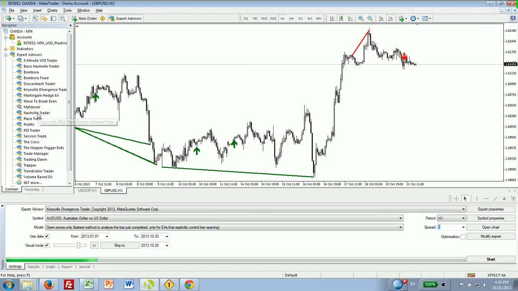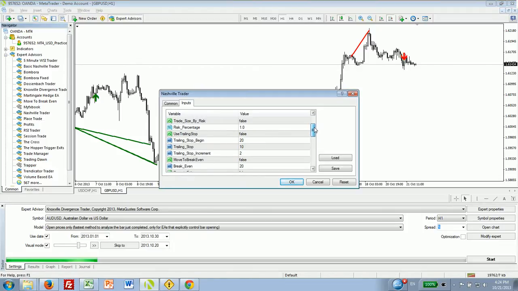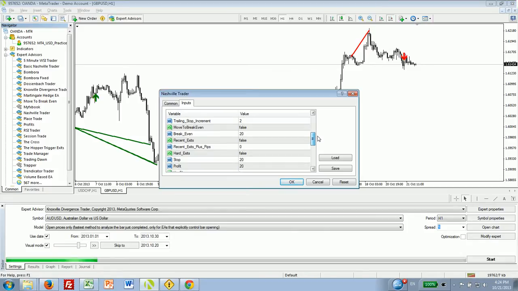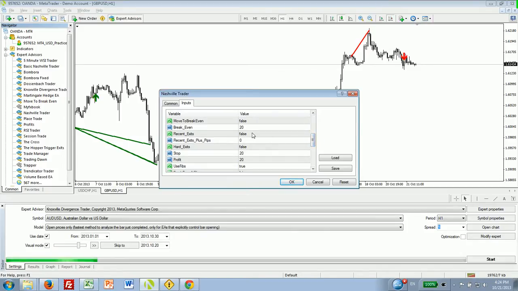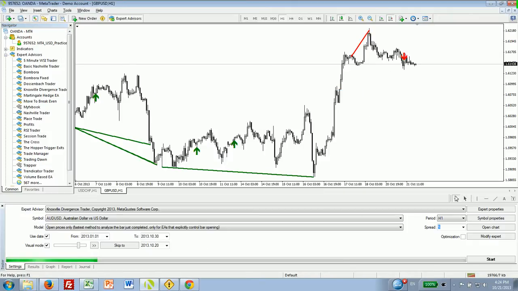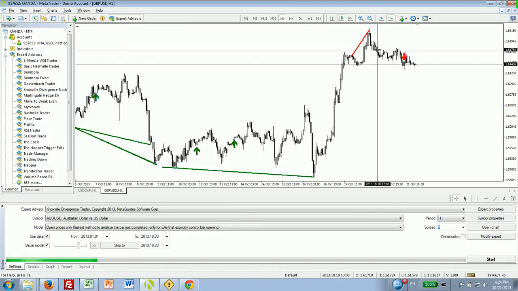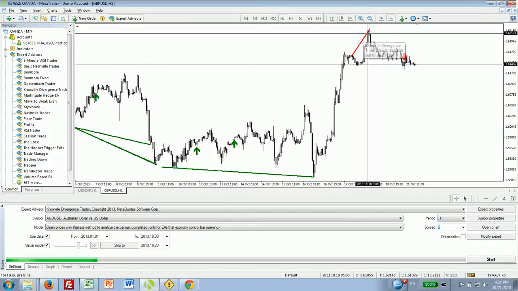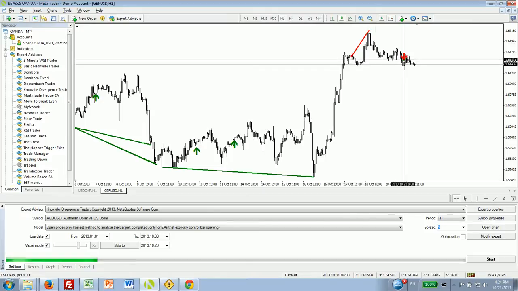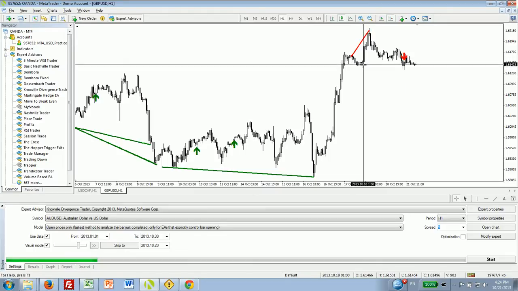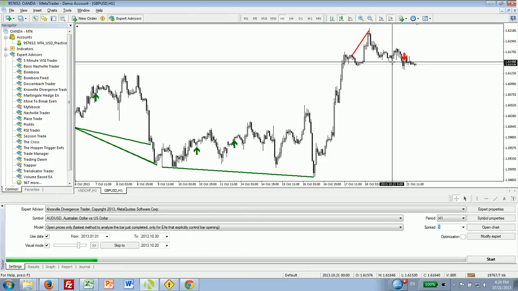So I'm going to bring the Nashville trader back up now. Okay. So going down here, that's the recent exits. One more thing to note about recent exits. If the recent exit, like the recent high or low, let's say for this trade again, it will look back through this divergence setup here for a recent high or low. It'll look through these candles. So if your trade opens here, then it can't find a recent low because the recent low is too close, which is right here. So instead, it will default